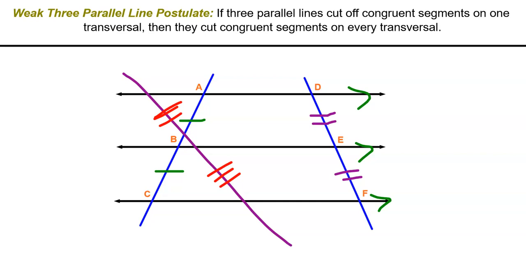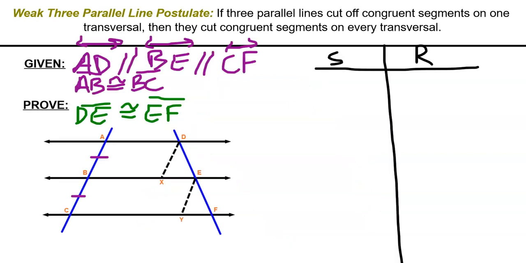Okay, so now let's take a look at the proof. In this case, what we're given is that AD, BE, and CF are all parallel. We also know that AB is congruent to BC, because that is the if statement of the 3 parallel line postulate. What we want to prove then is that DE and EF are also congruent. And the way that we're going to do that is we are going to add segments DX and EY into the diagram so that, and this will be the first step that I put in my proof,